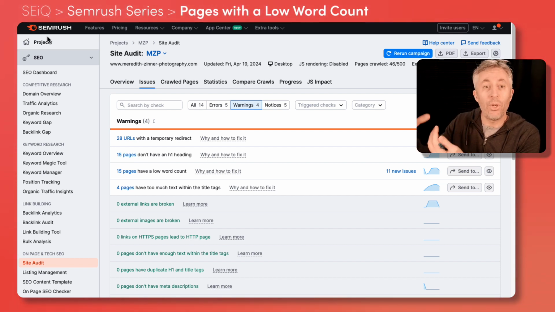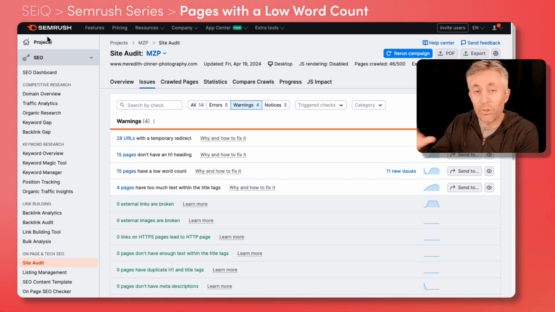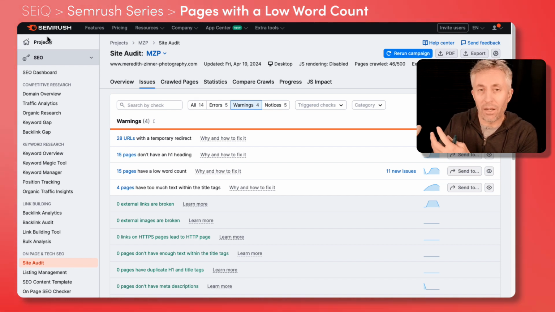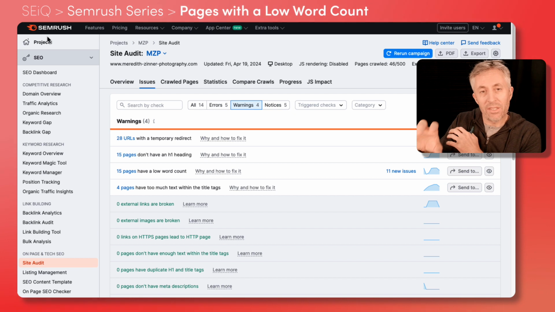My advice, if you are competing for a certain keyword, you're trying to get ranking for a certain keyword, do a Google search for that keyword. Click on the first 5 results and see how many words are on those pages. That's kind of a good idea of what you might need for your own pages to rank for that same keyword. But to get rid of this issue in SEMrush, every page is going to need 200 words or more,